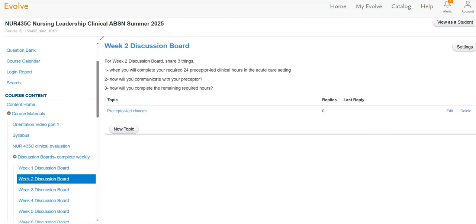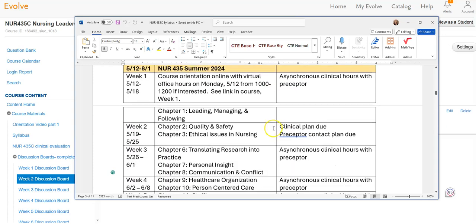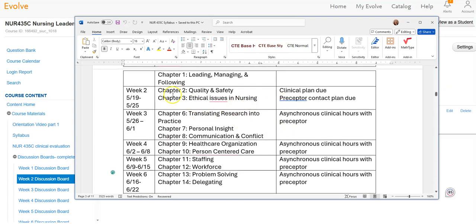Let's go back over to our course map. In the end of week 2, I want you to tell me how you're going to get your hours with your clinical. So what dates and times are you going to complete those hours with your preceptor? And then how are you going to contact that preceptor?